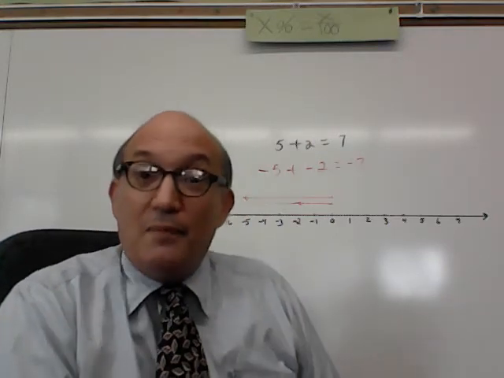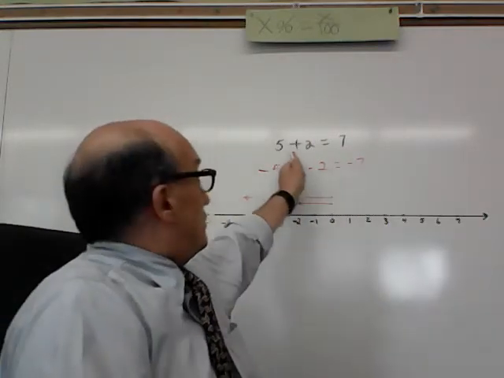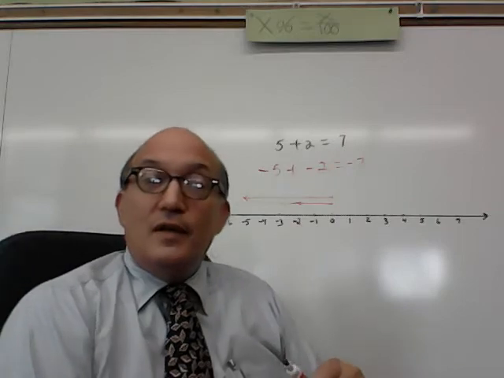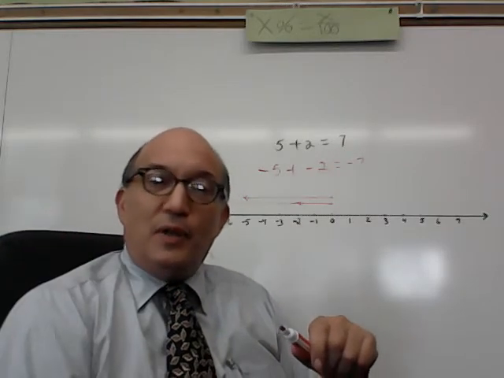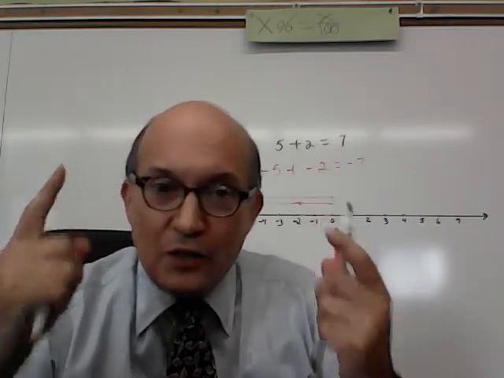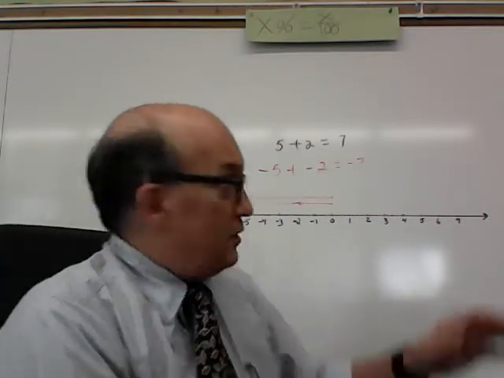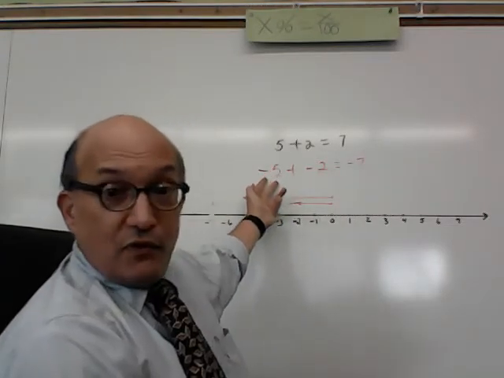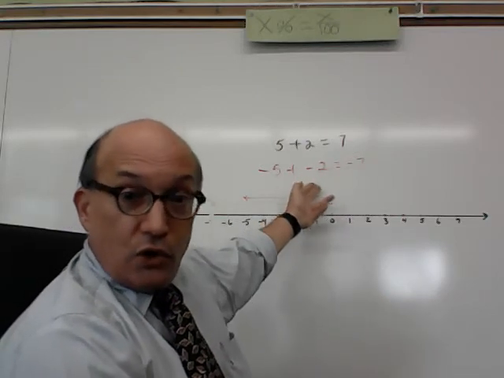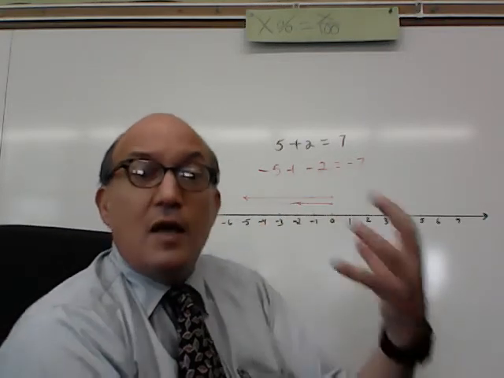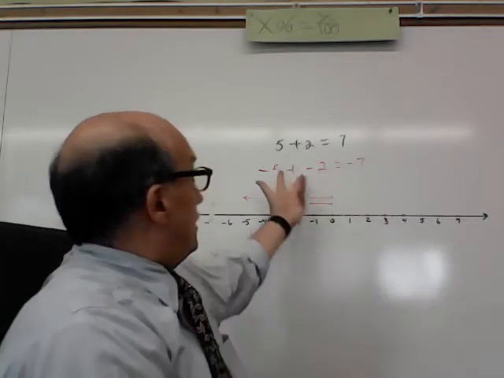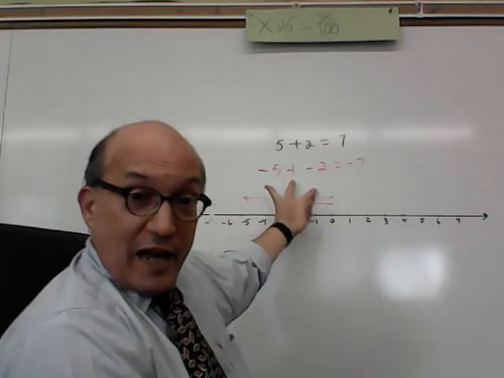It's +7 because the 5 and the 2 were each positive. To do -5 plus -2, you also mentally do 5 plus 2. You take the absolute values of each number. The absolute value of -5 is 5. The absolute value of -2 is 2. You add those to get 7, but then you recognize that each of the numbers was negative, so the answer